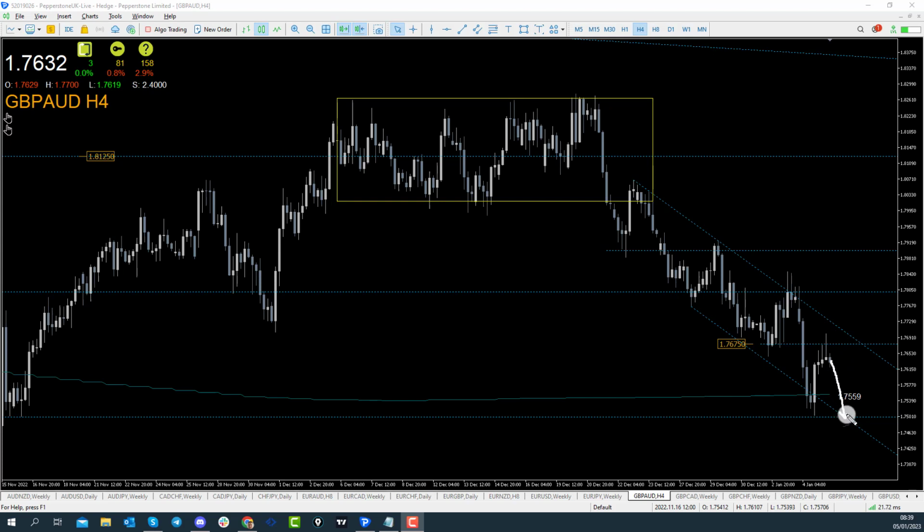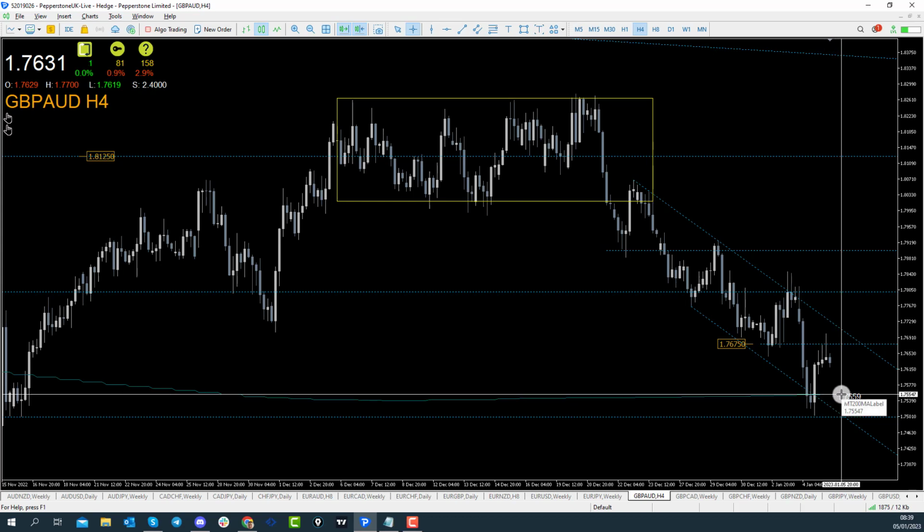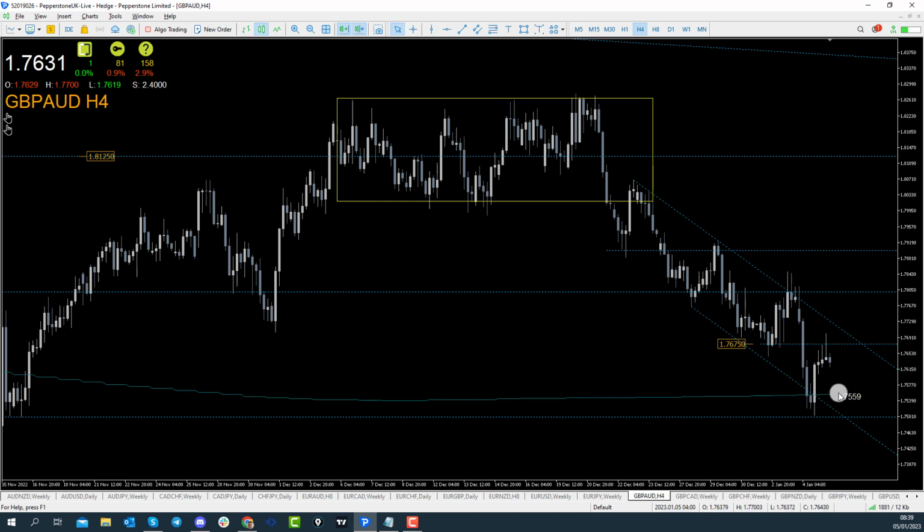back down towards that 1.75 handle, and maybe price could try and form a double bottom here before either considering moving back to the upside or breaking and trading down even further. The only thing that we have to be aware of is that we're trading above the 200 moving average here at the 1.7559 handle, so that's going to have to play a part here, and that would be an area where we may want to take some profits off the table if we were to enter a move to